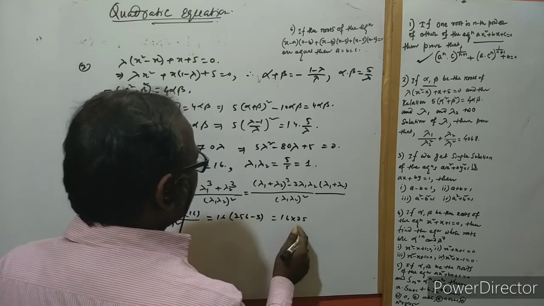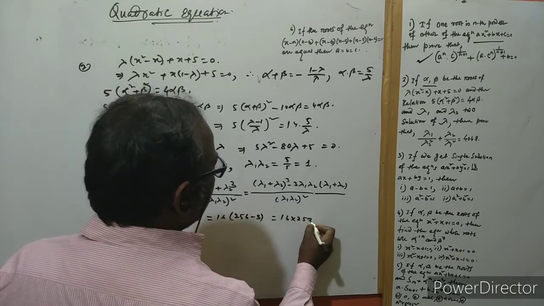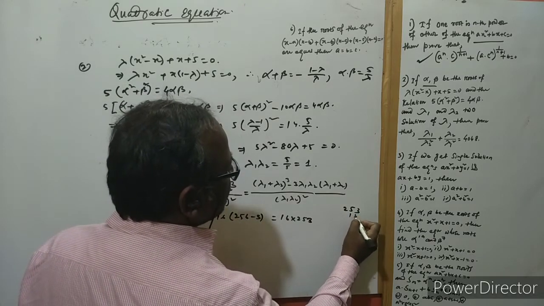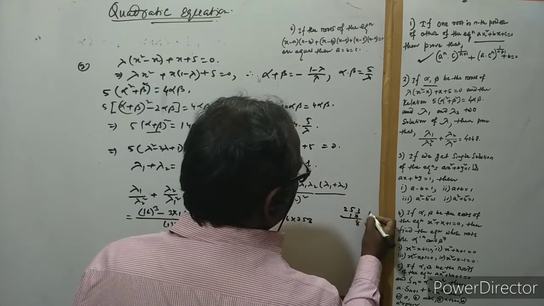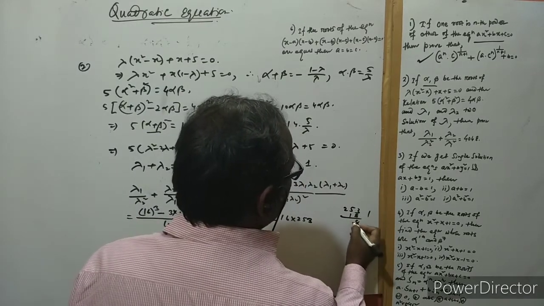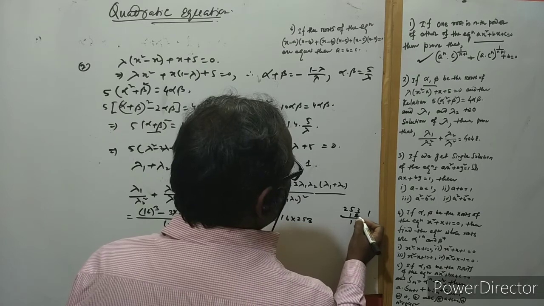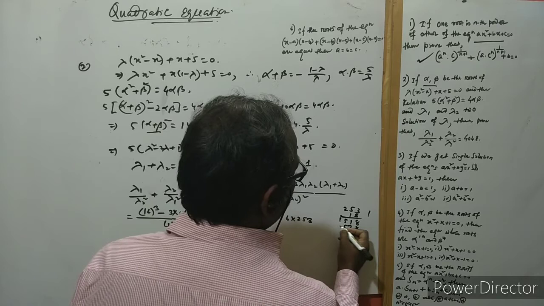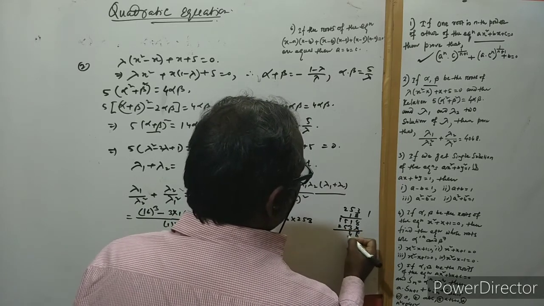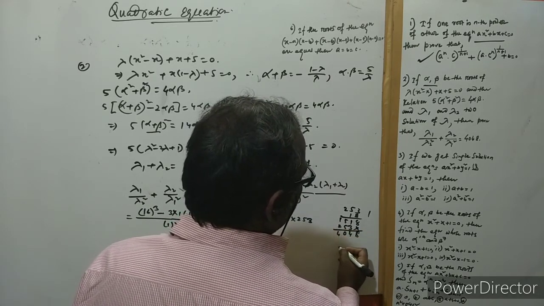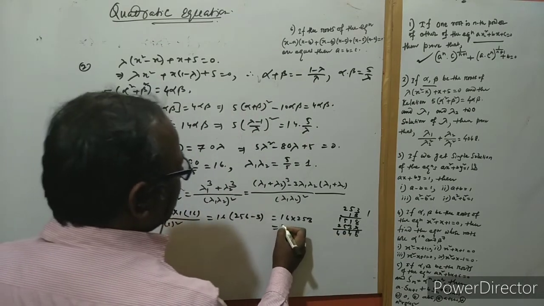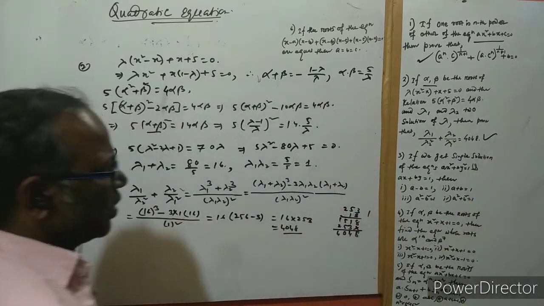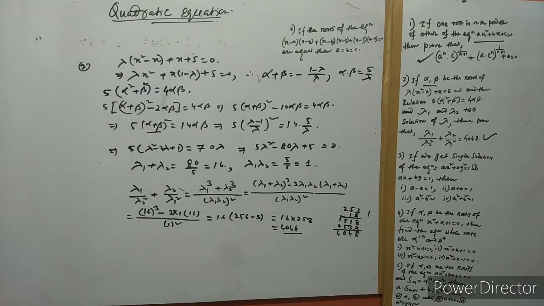Okay, this is 16 into 253. Multiply 253 by 16. 3 4 carry on. 5 6 30, 31, 3 4 2 12, 3 15. Now 3 5 and 2. This is 8404, that is 4048. Okay, you got the answer 4048. Okay, see the calculation here. See the solution. Very interesting question.